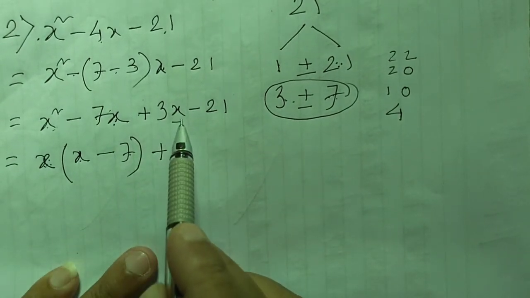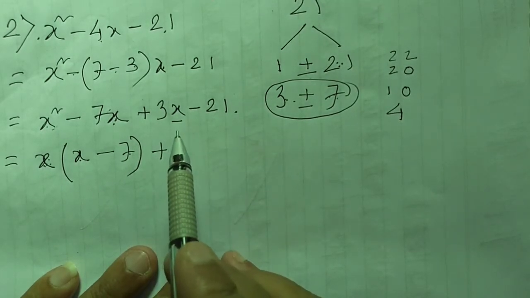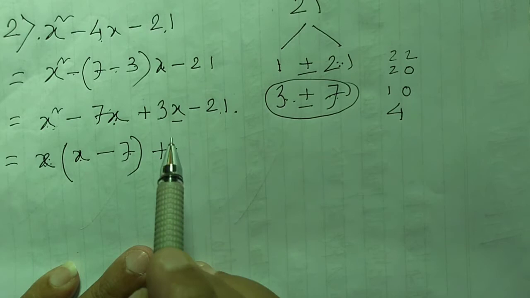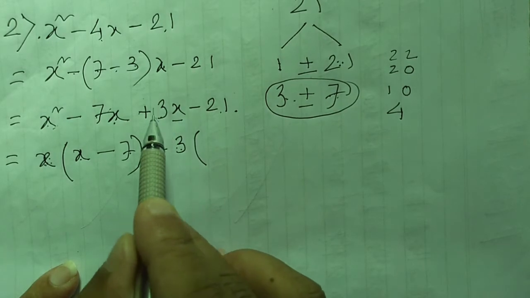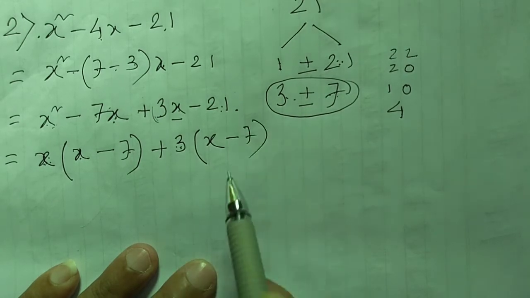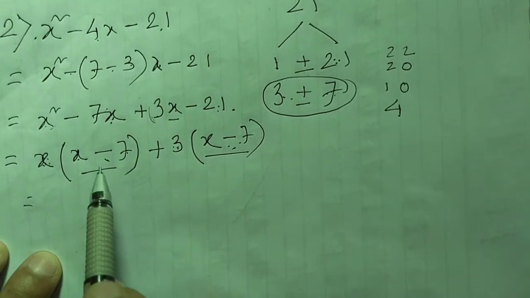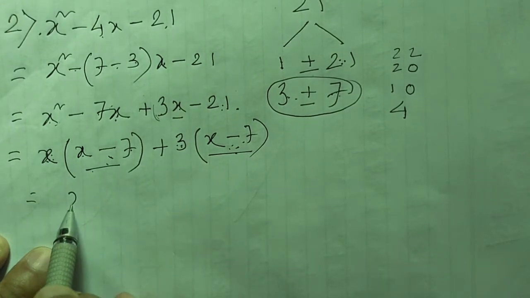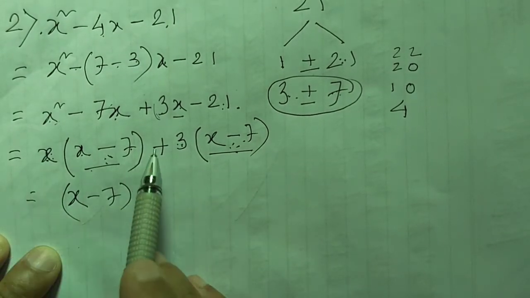Now x is there, but x is not there, so we will not write x. We have to think of the largest number by which we can divide 3 and 21. The largest number is 3. So by 3, if you divide the whole, you will get x, minus by 3 you divide this, you get 7. See, again this portion and this portion are same. As I told you, if these two portions are same, that means your sum is correct. So x minus 7 you have to write, which is same. After that, x plus 3.